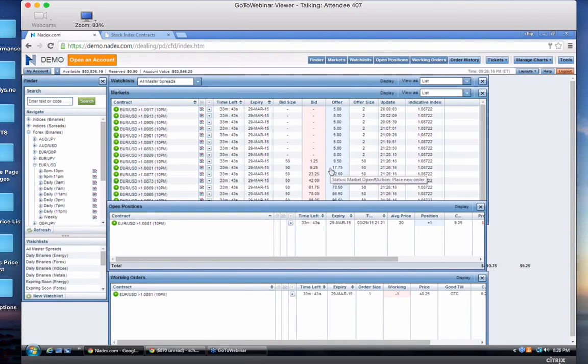Now, you do pay fees at Nadex. On a per contract basis, it's 90 cents in and then 90 cents out, so it's $1.80 round turn. That would take that percent return down a little bit. But it is capped at 10 contracts. So if you're doing a 10 lot or greater, it's 9 in, 9 out, and that's the cap on it.